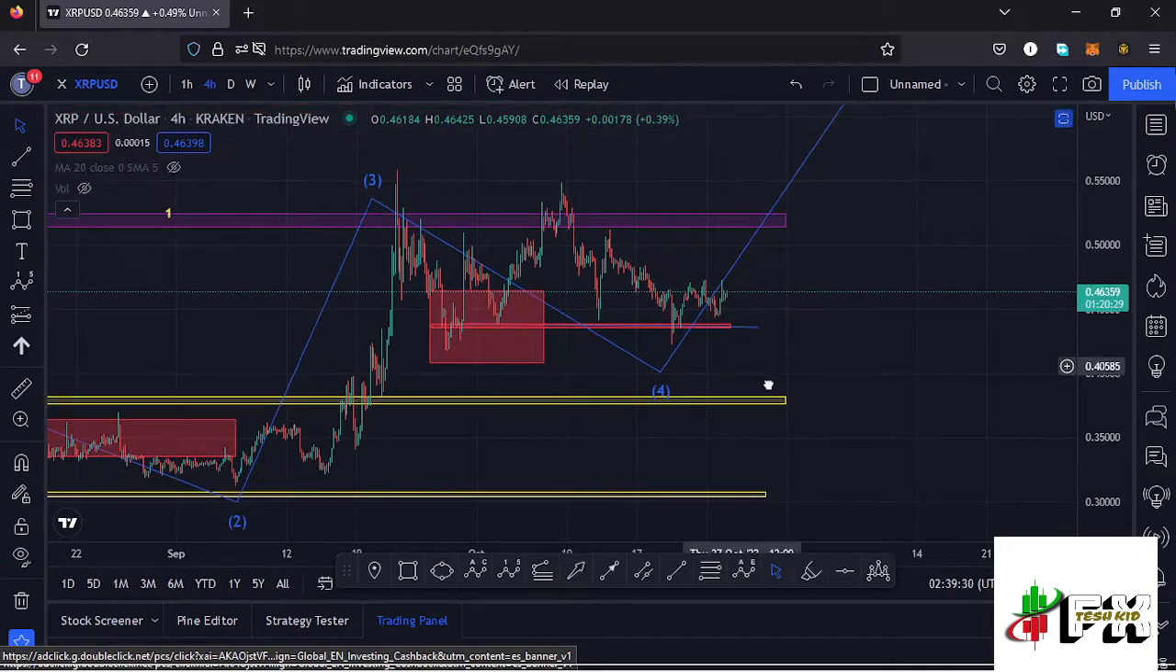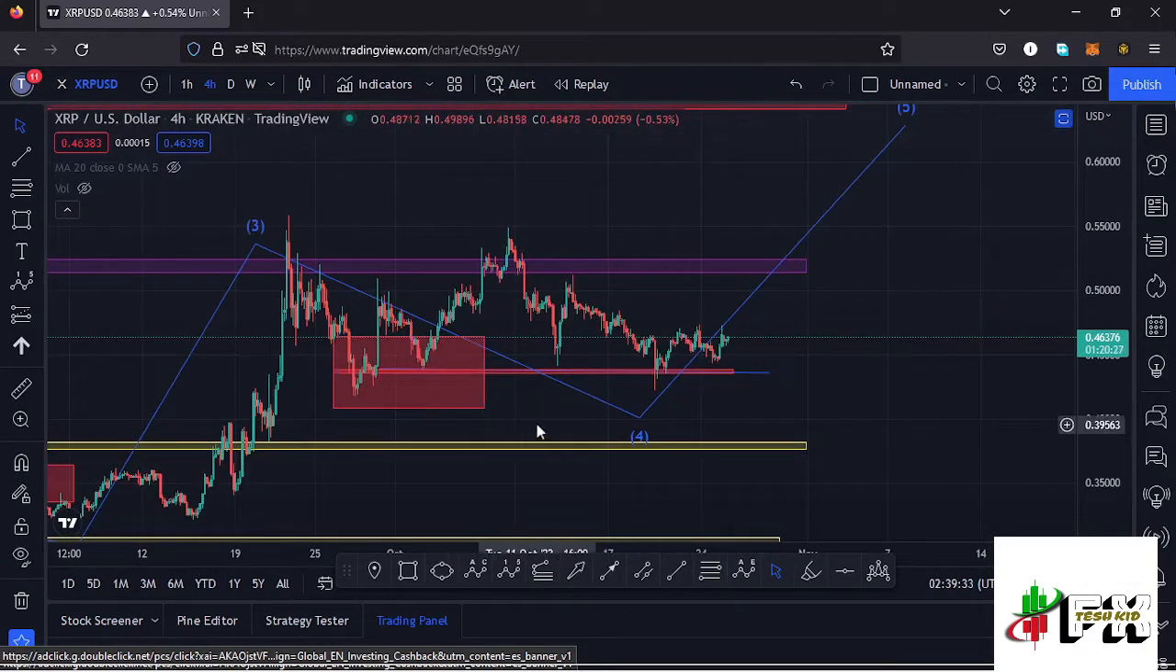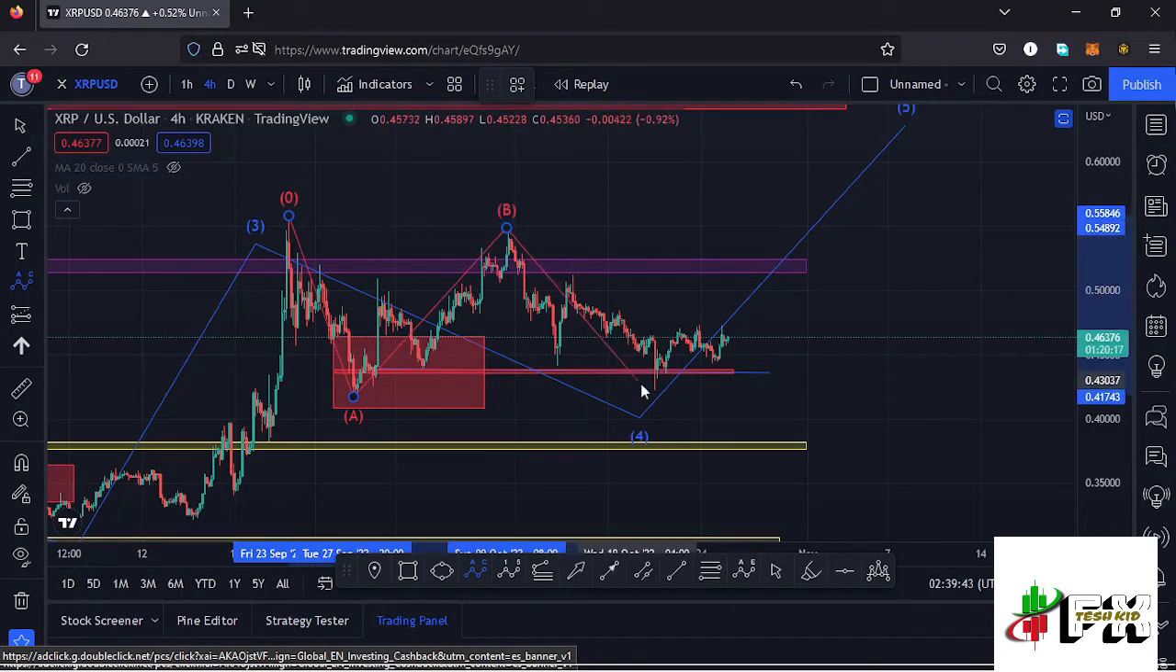That is an ABC corrective movement, and I believe we are seeing such a structure right here, having this as the wave A, then a wave B making our high at around the $0.54 mark. Then we have continued pushing lower, making our low at around the $0.41 mark, and there is a